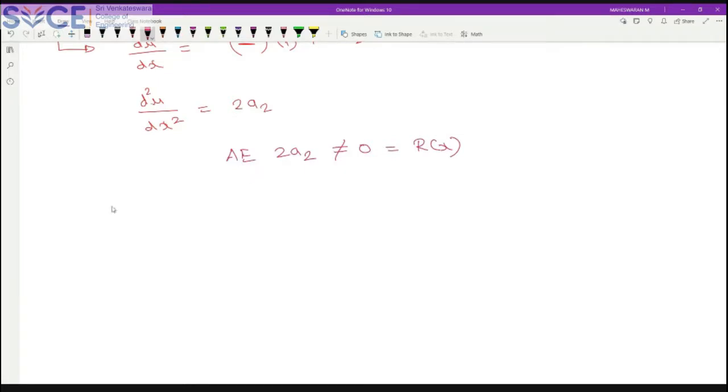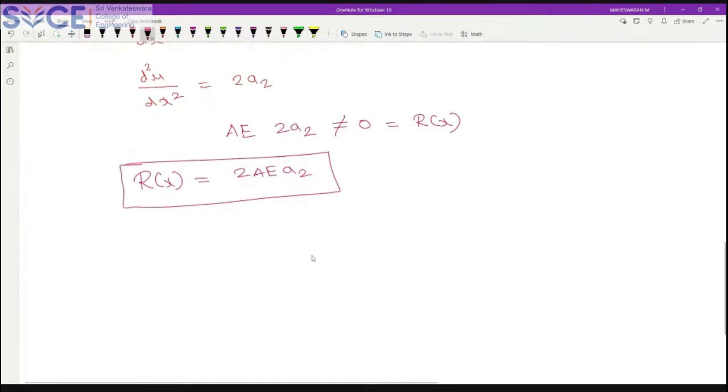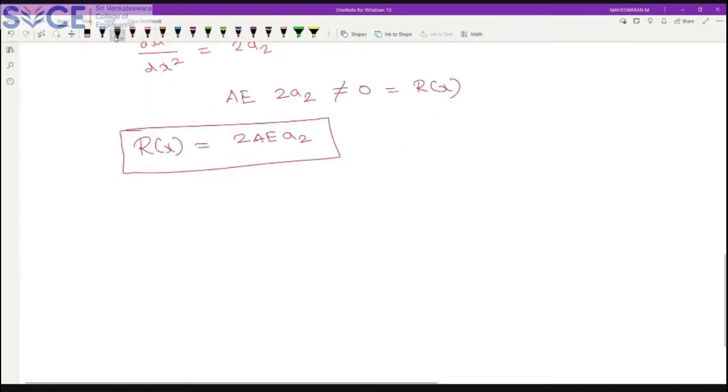So now I got my R of x, the residual. My residual is 2AE a2. This is my residual. There is a common residual which we are going to use for all the methods. So now we'll go for point collocation. First one, point collocation. So according to this method,